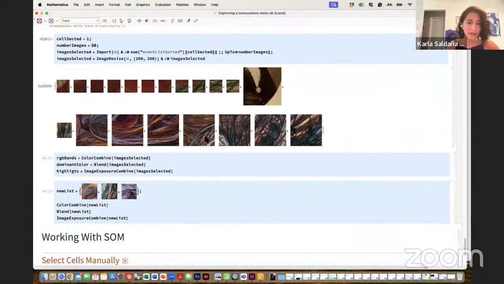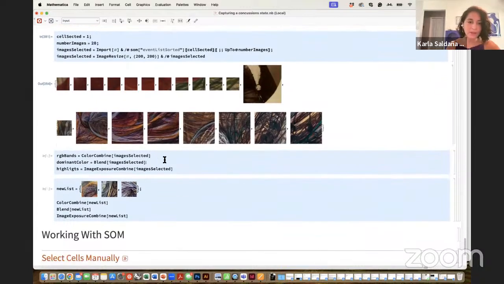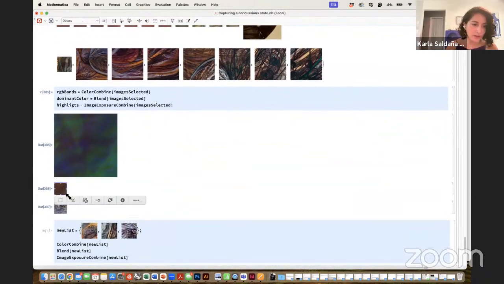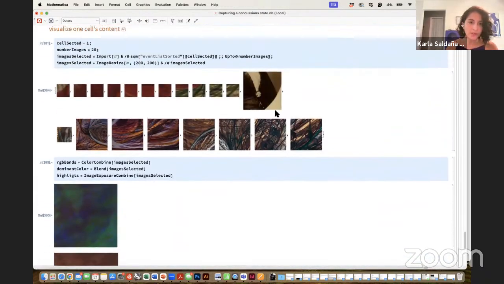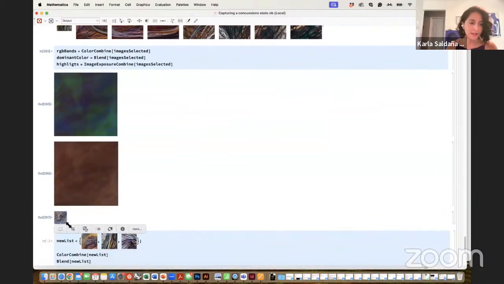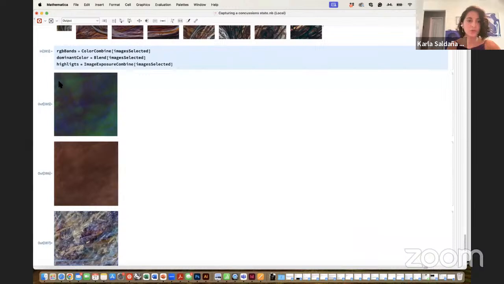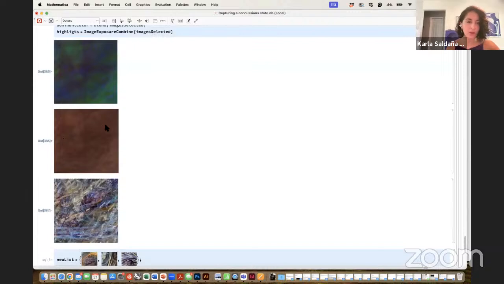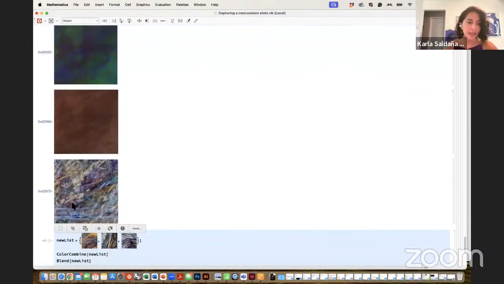And there is quite a consistency in the cluster. Because we're trying to do this experiential, perceptual approach to space, I want to test out three ways of rendering this cell. The first one treats every input of this list of 20 as a channel to render an image. This one highlights the color that is more prominent on the list. And this one highlights the texture that is more prominent.